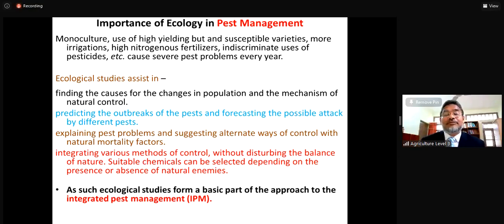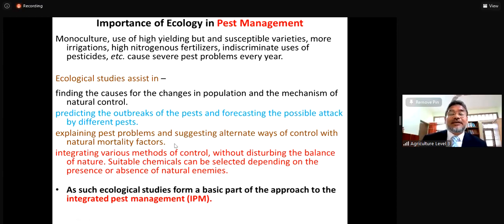আমি আউটব্রেকের কথা বলেছি যে আউটব্রেকটা কতদিন পরে কিভাবে হবে, ফোরকাস্টিং ইজ পসিবল, যে কোন পেস্ট কখন অ্যাটাক করতে পারে, এই ইকোলজিক্যাল স্টাডি এনভায়রনমেন্ট স্টাডি করে বলে দেওয়া সম্ভব। তারপরে এক্সপ্লেনিং দি পেস্ট প্রবলেম অ্যান্ড সাজেস্টিং অল্টারনেট ওয়েস অফ কন্ট্রোল, অলমোস্ট দি সেম থিং, পেস্ট প্রবলেমটা কিভাবে আসতেছে এবং উই ক্যান সাজেস্ট সাম অফ দি কন্ট্রোল মেজার্স and what are